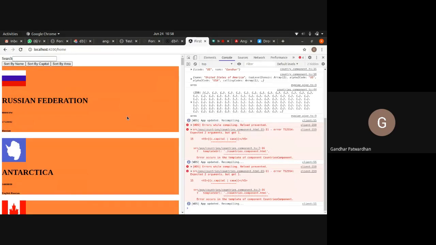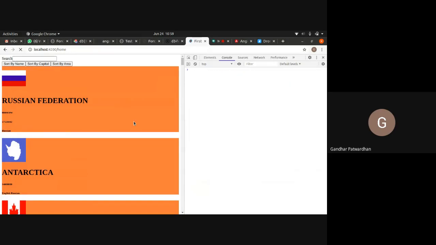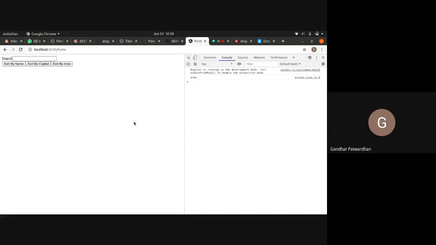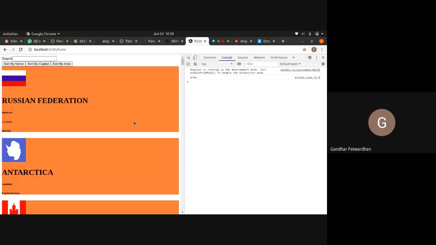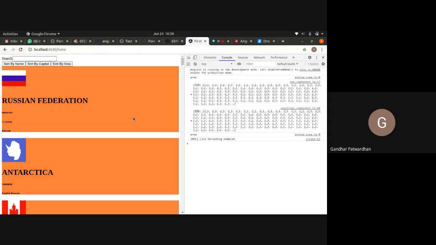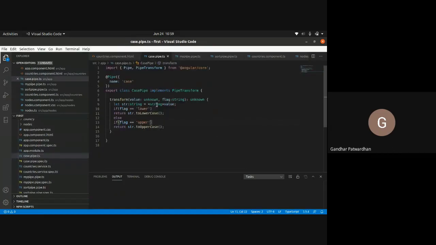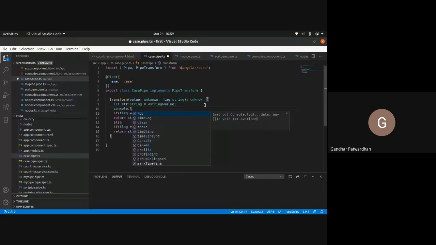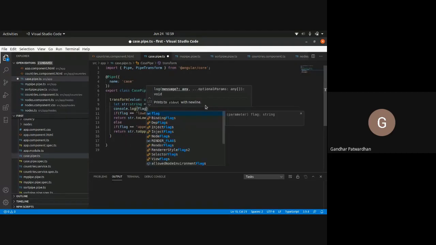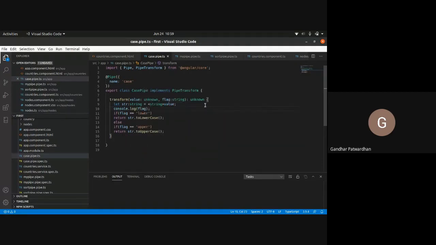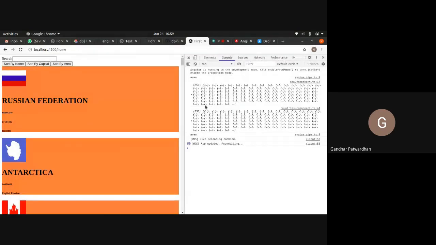Let's see if it works. It did not work. Probably that is because it did not reach there. I would simply say control dot flag. Let's see if we get that flag.